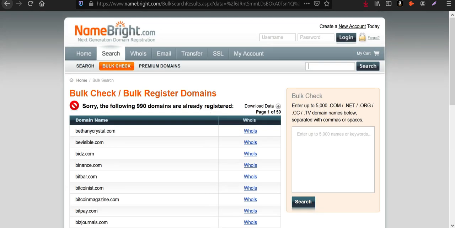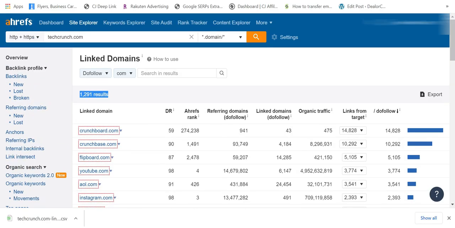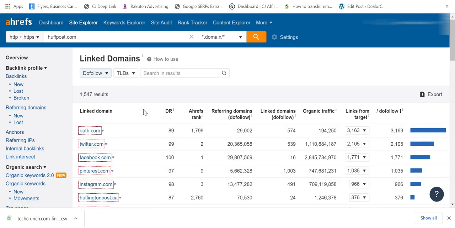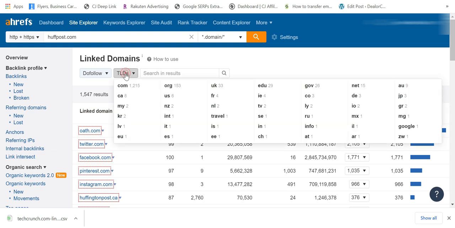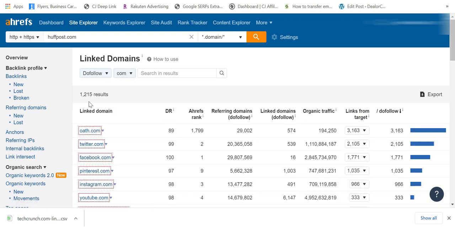So let's take another example of a website. For example, let's take huffpost.com. Okay, so they also have 1547 domains. I'm interested in the 1215 which are .com, so I'm exporting this.